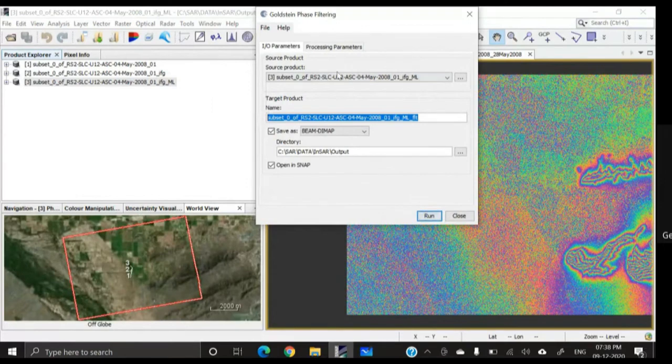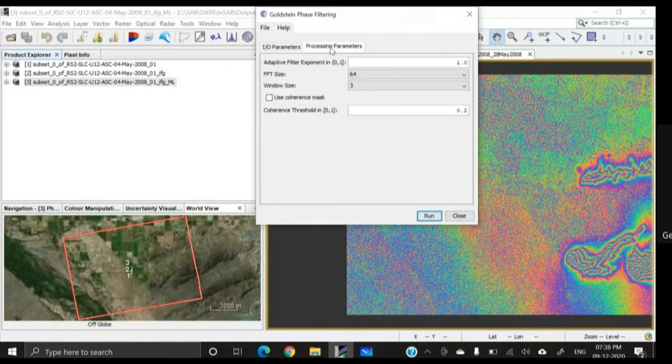Okay. Then go to the processing parameters. Then it will apply adaptive filter. One pass, say window size 3x3. Okay. And Fourier transform size 64, etc. Leave all these values as default.